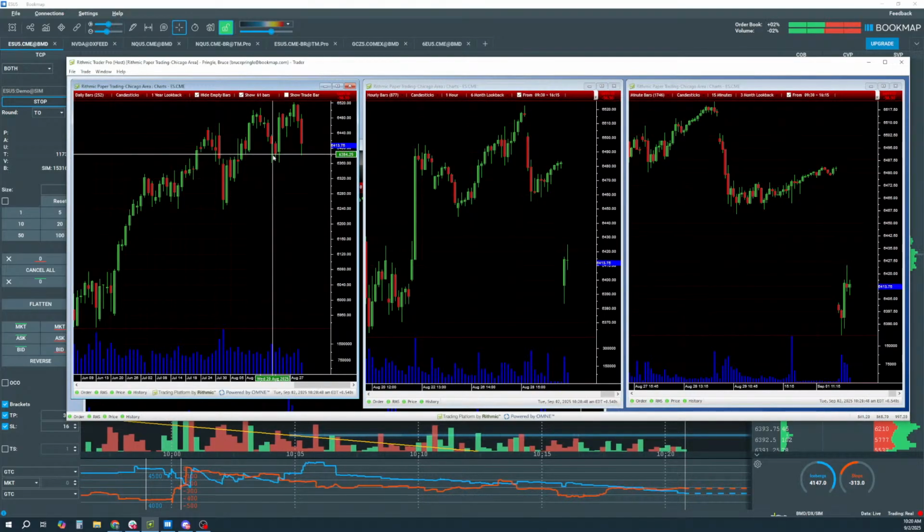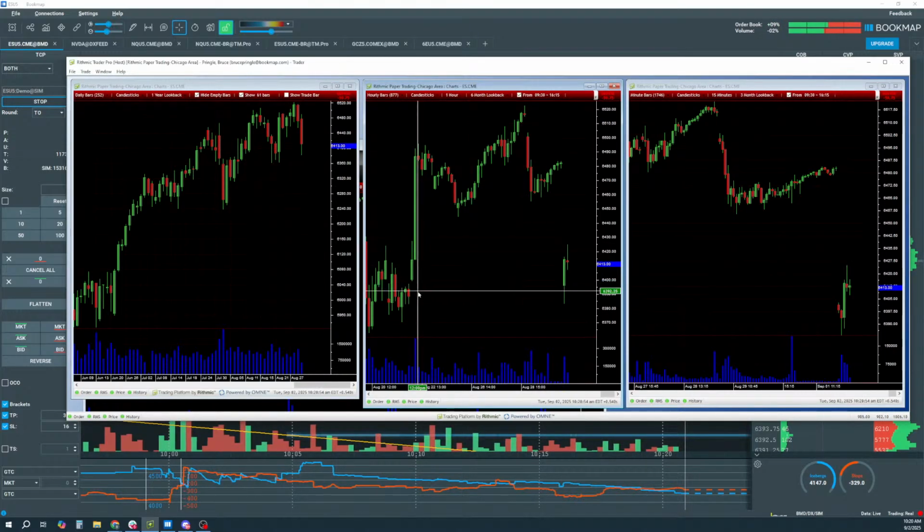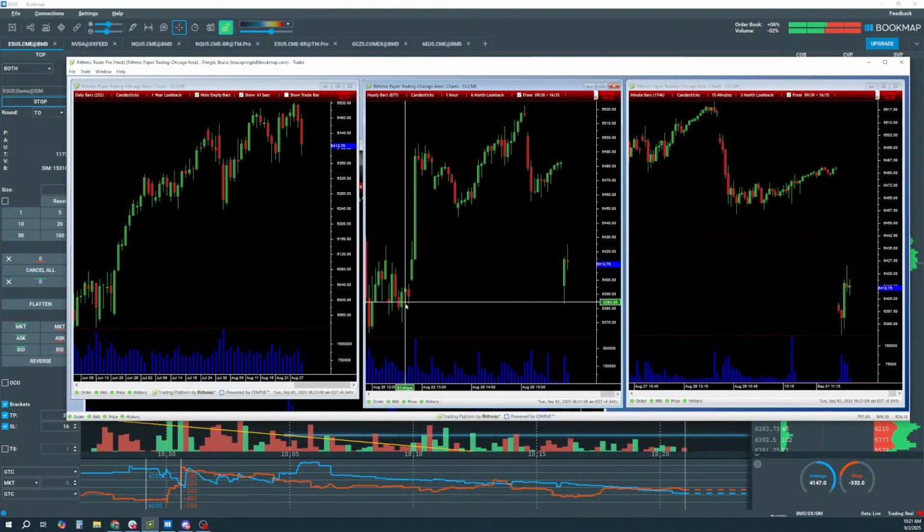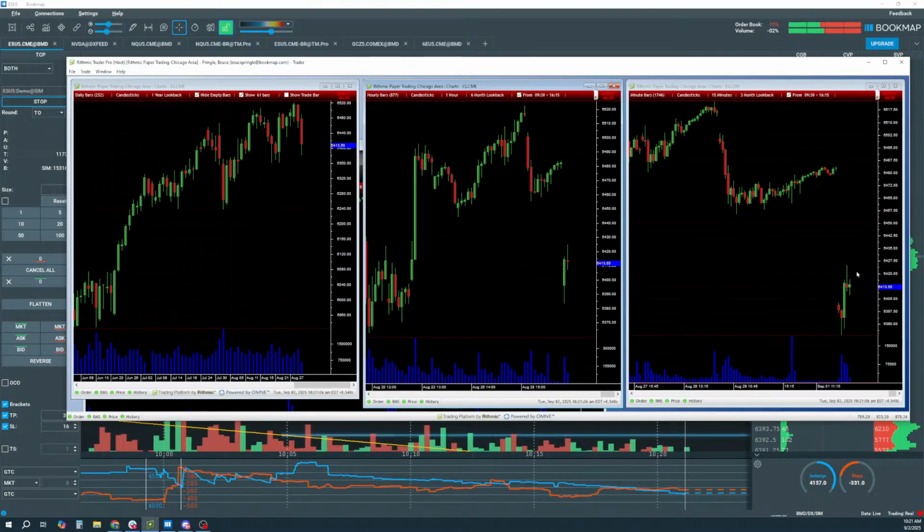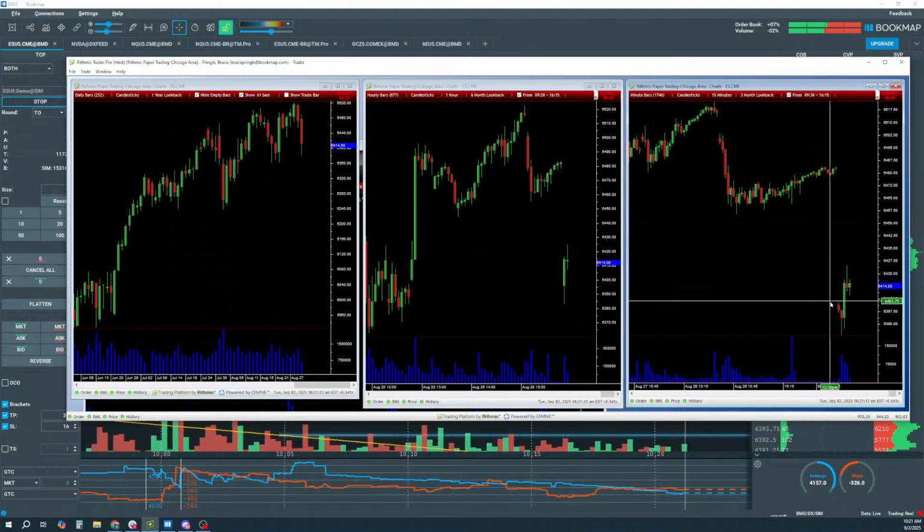You can see that it bounced from it. Looking at the hourly, we can see a gap fill down here, and we can also see it trading into where it sprang out from, and that's where we got the reaction. Okay, looking at the 15-minute as well, you see that big down move, and then it yanks away very quickly